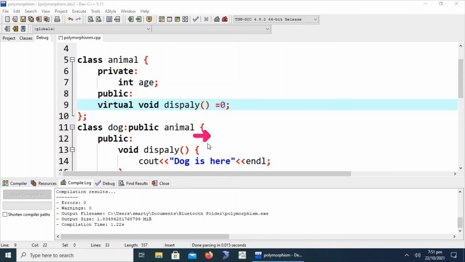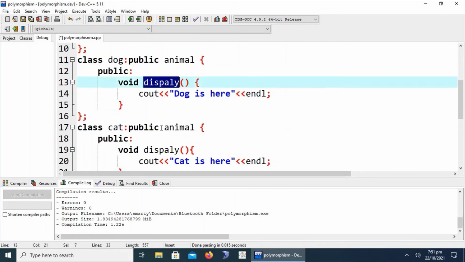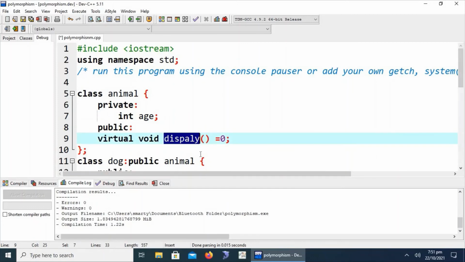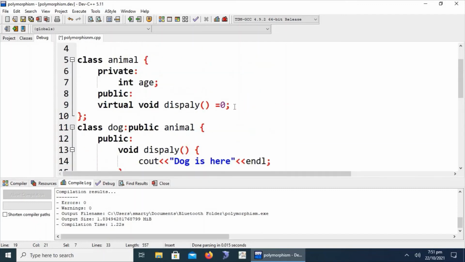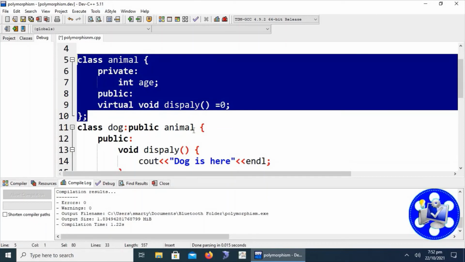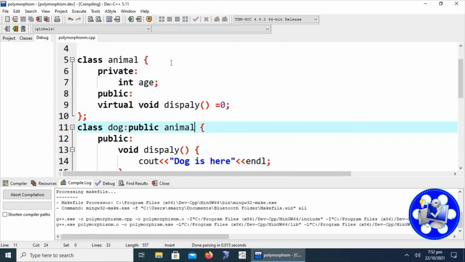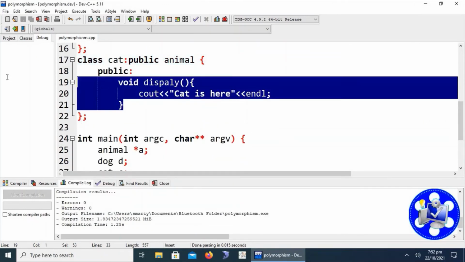On the other hand, the virtual function's definition is not mandatory in all derived classes, but the pure virtual function definition is mandatory in all derived classes. The major difference is that the definition is mandatory in derived classes and there is no definition in the parent or base class, so this base class is just a blueprint for the derived classes and is also called the abstract class. Nothing changes in the output; the only reason is that we have to provide a mandatory definition in the child classes.